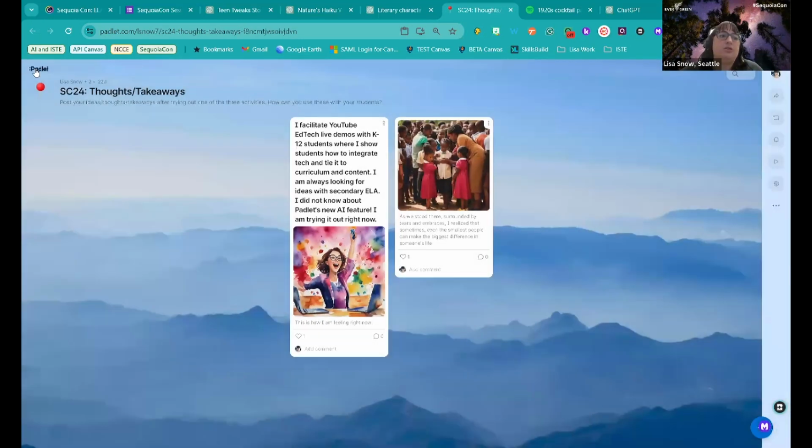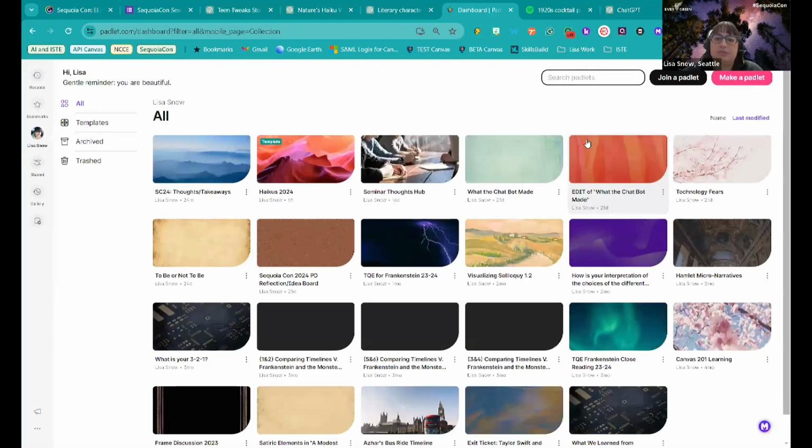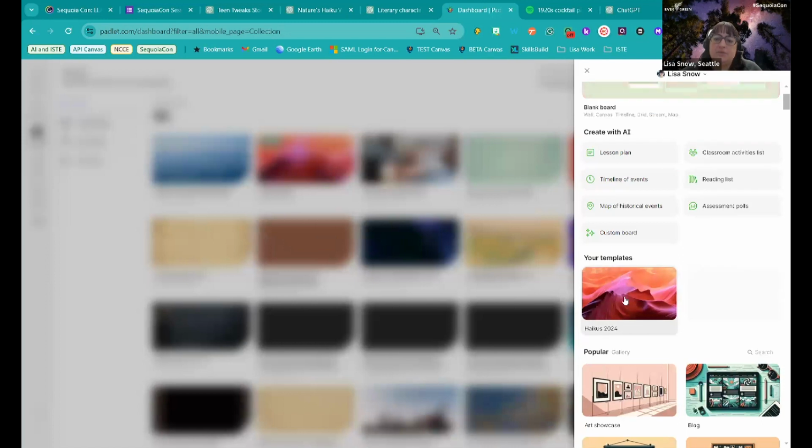And then if you go to create your own Padlet, and I have a lot of Padlets, so please don't forget about my Padlets here, you can create, like this is one where my kids put their haikus, and